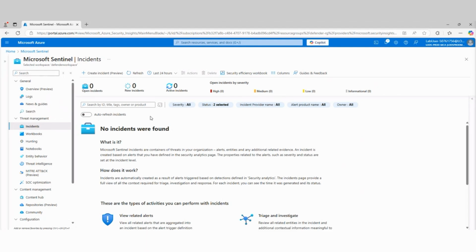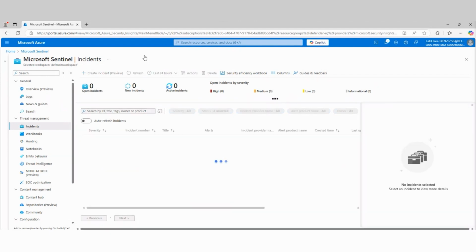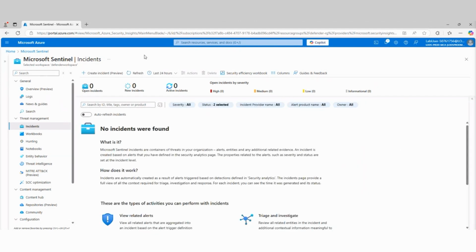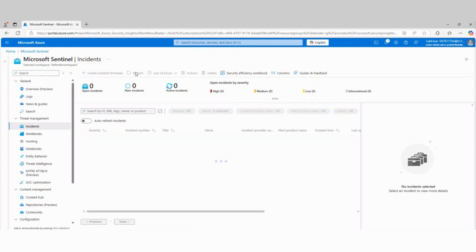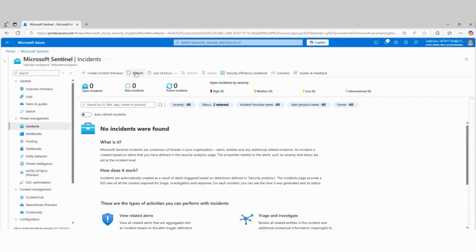And then once it creates the incident, you'll also notice that it's automatically going to assign the incident to me, my lab user account. So we're going to refresh this here and we'll wait for this. It could take up to 5 minutes again, because that's how often our rule queries this. So let's give it a second here and then we'll take a look at the results.